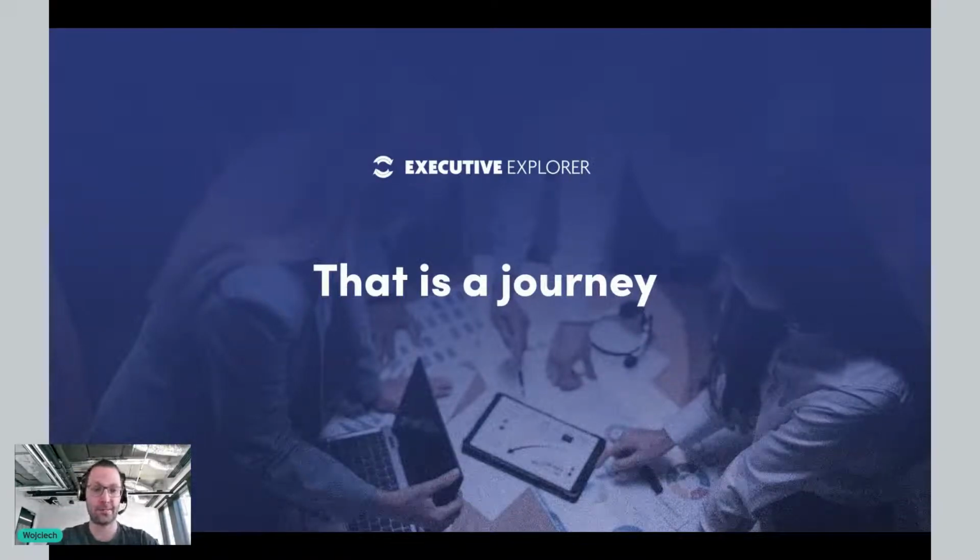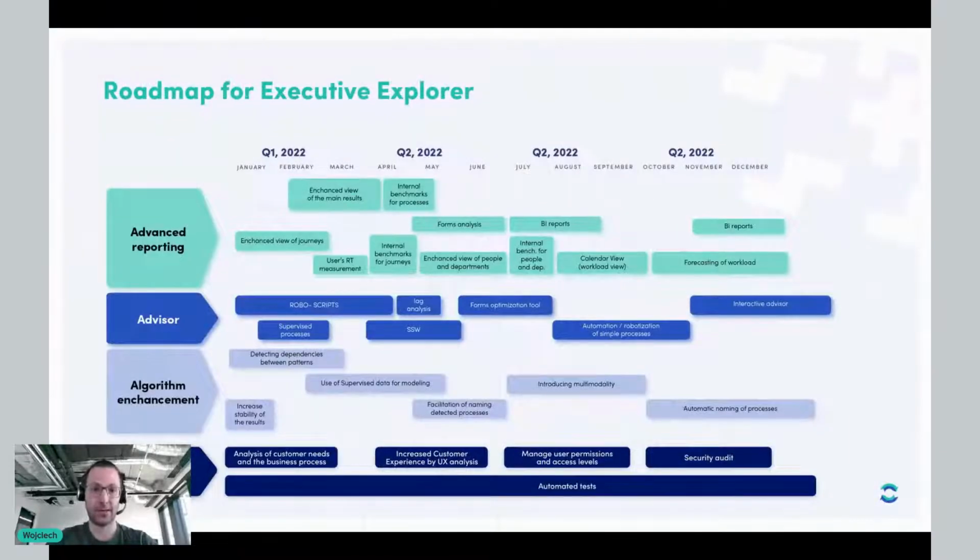Like Rafa told you at the beginning, this is one of our latest tools. It already has certain successes, as you can see. But for us, product development is always a journey. We have very ambitious plans, and as you can see, this is just a glimpse of our roadmap. We are working on advanced reporting. Algorithms are still being enhanced, right? The more data they gather, the more they learn, and they become even more accurate. You see automated testing here. We're trying to combine this with other tools we have. But because I'm coming to an end, I would like you to know that